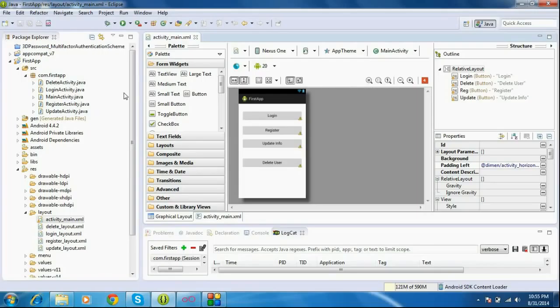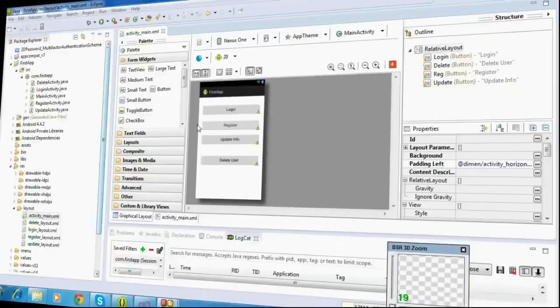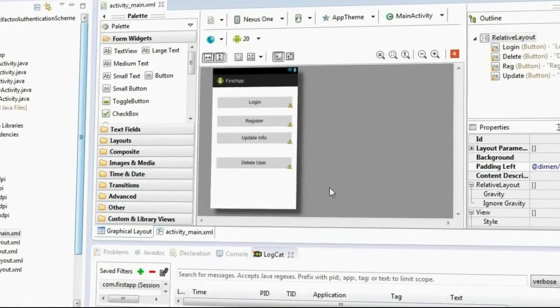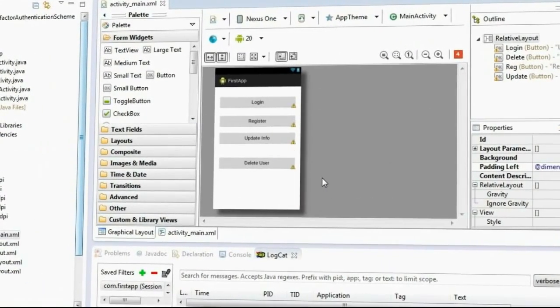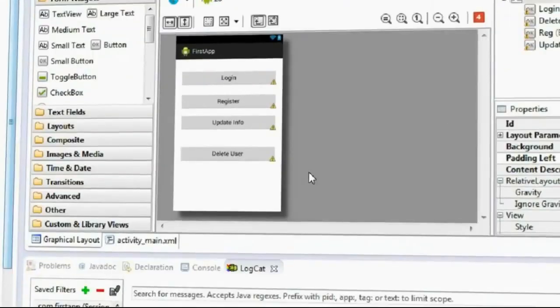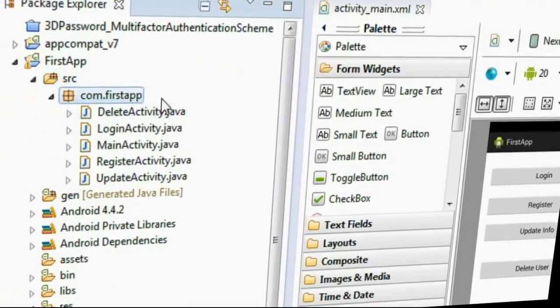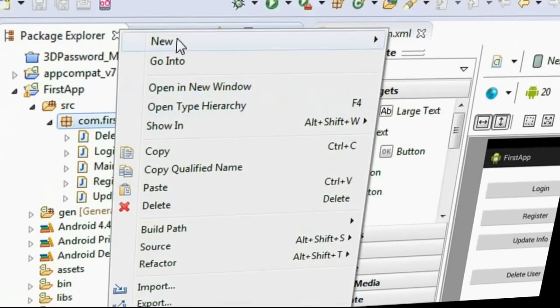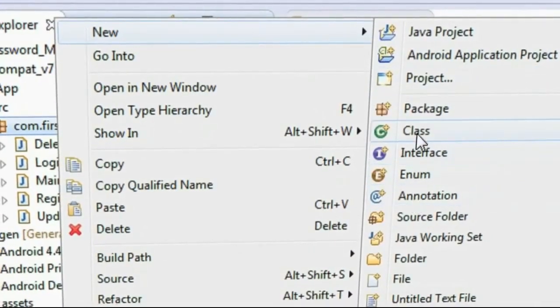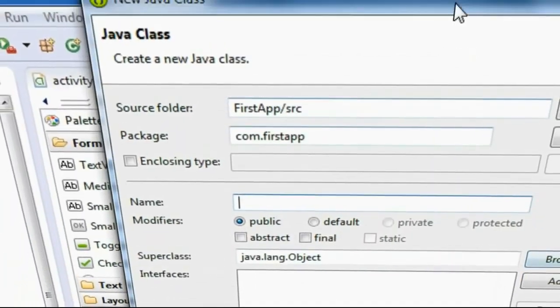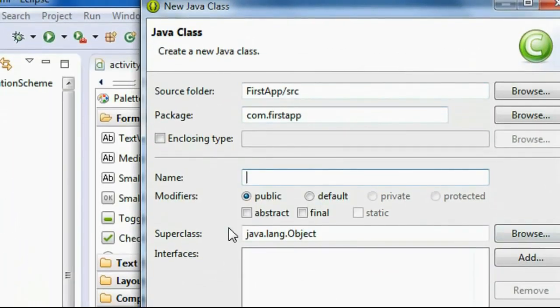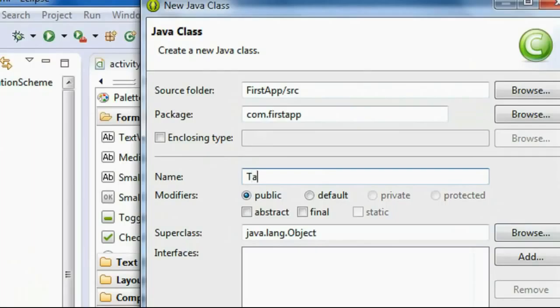Now I am going to demonstrate the preparation to create the database and create the database table. So first you have to create your database. First you have to create the contents of your table. So create a new Java class. I name the Java class as table, I name it as table